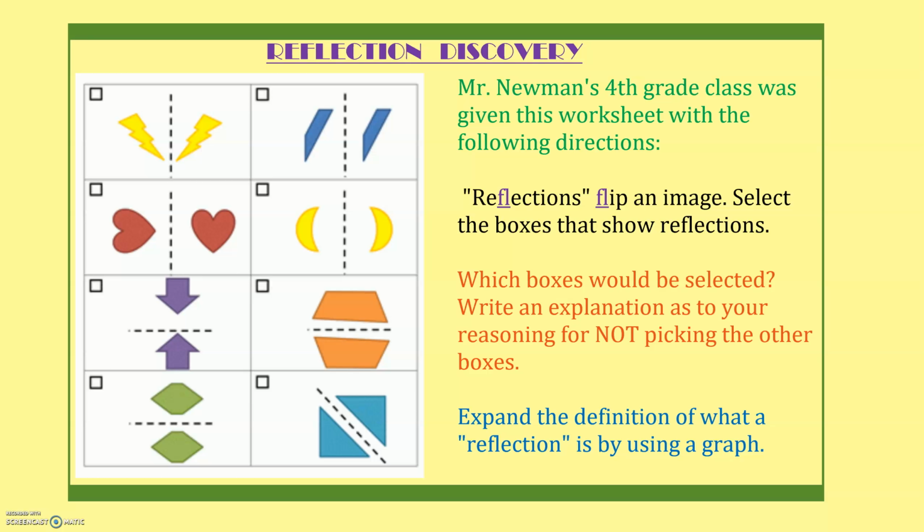The orange trapezoids, hey, that's a trapezoid. It looks like it's a reflection. But if you notice, it's not quite a reflection. So if you chose that one as a reflection, I'll give it to you. But in reality, it's a rotation and reflection, and that's a lot all in one. The green is absolutely a reflection, and the teal triangles are also a reflection. So good job. Now that we've explained that worksheet, I would love for you to pause the video and expand